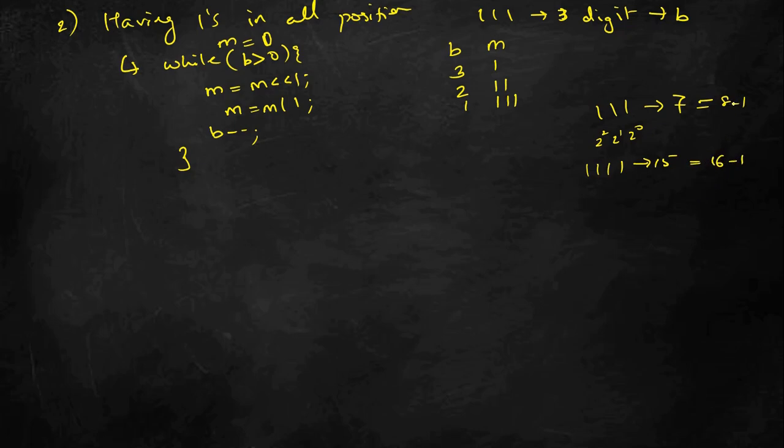The reason why I am saying this 16 minus 1 and 8 minus 1 is because 8 is nothing but 1 followed by 3 zeros, 16 is nothing but 1 followed by 4 zeros. So 16 minus 1 gives me 1 1 1 1. 8 minus 1 gives me 1 1 1, 3 times 1. So we can very well left shift 1 by the number of digits plus 1 and then minus 1, right.